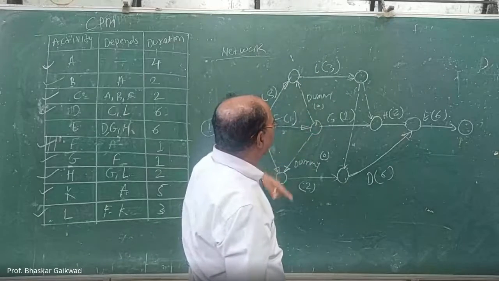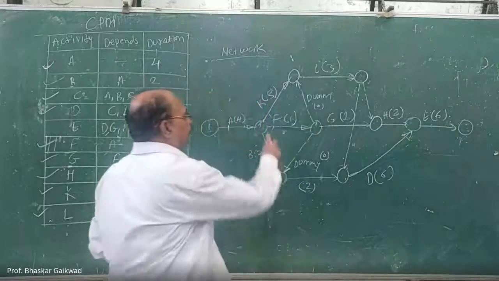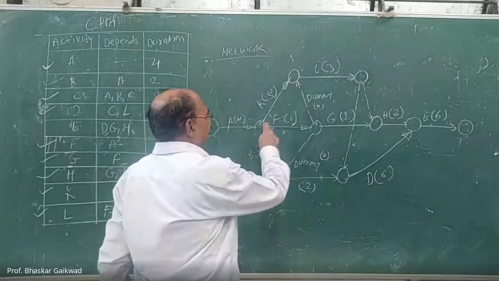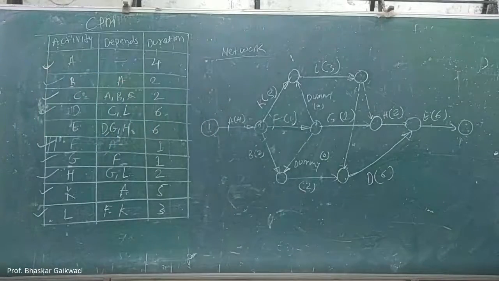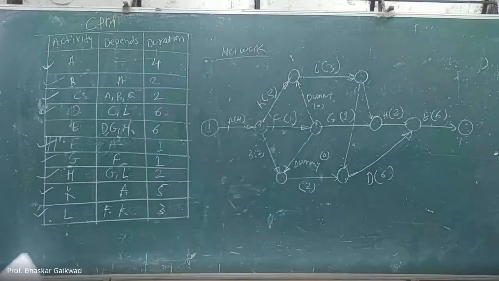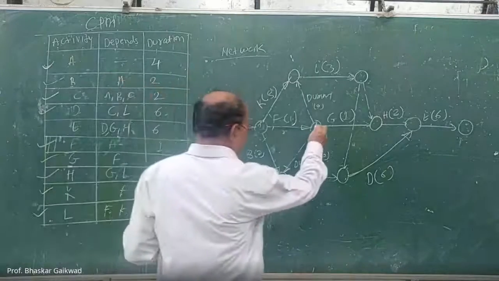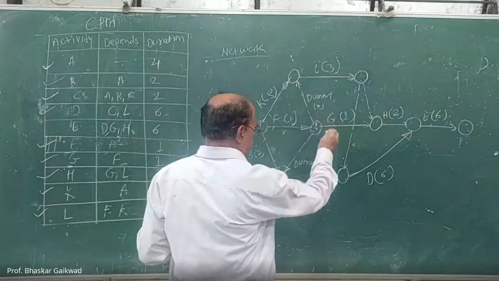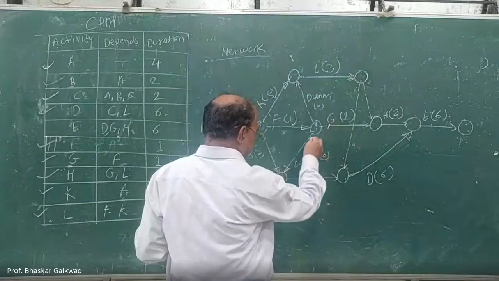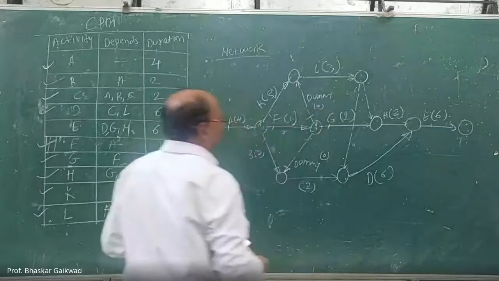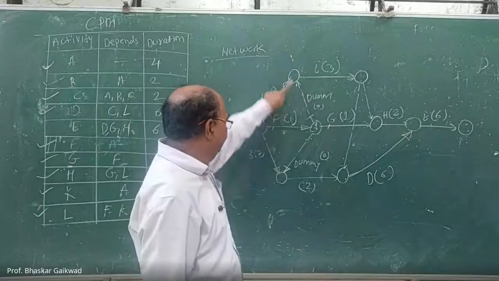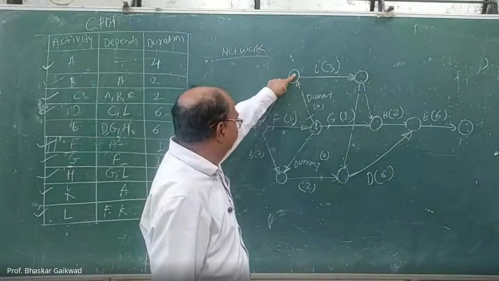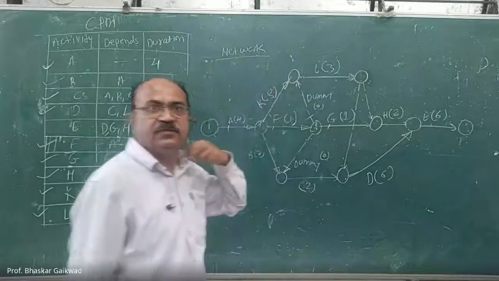Only the outgoing activity you have to consider. So here you can give 3 numbers or 4 numbers. Which numbers? 3 numbers, and the outgoing activity you have to delete. So here it is the 3 numbers. Outgoing, this activity delete, this activity delete. Okay. Now remaining is this and remaining is this. This is the first.